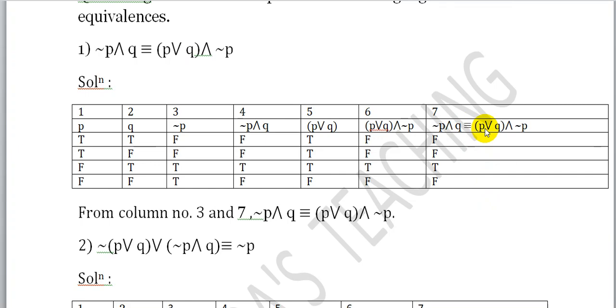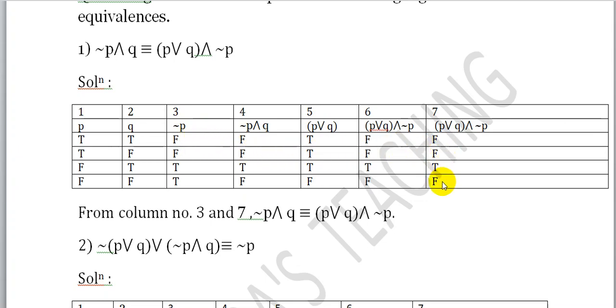This should be only (P or Q) and negation P. So we see (P or Q) and negation P, means column number 5 and column number 3 using AND we get